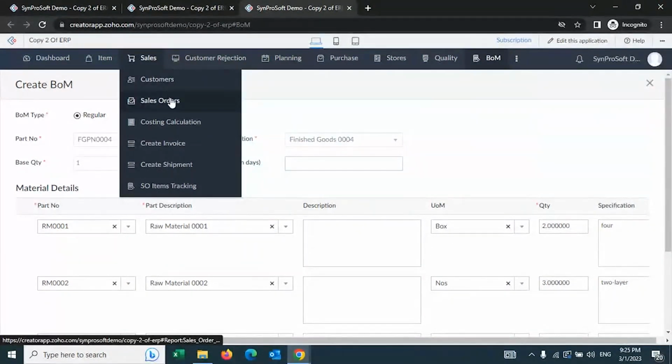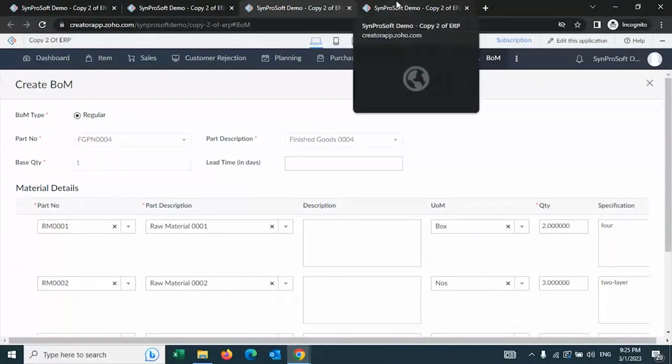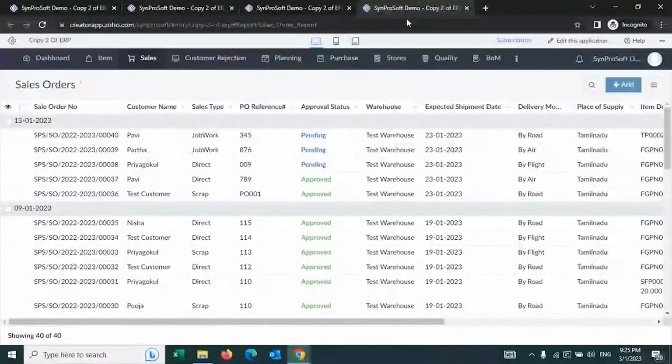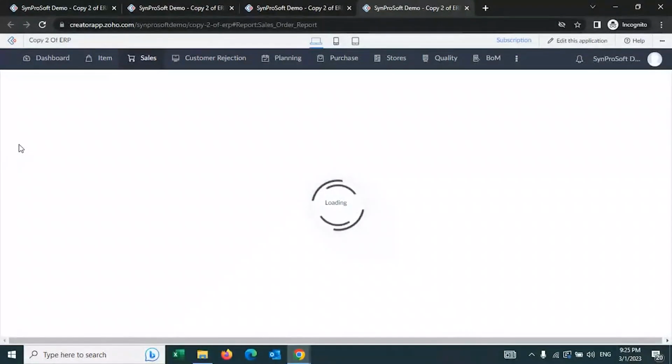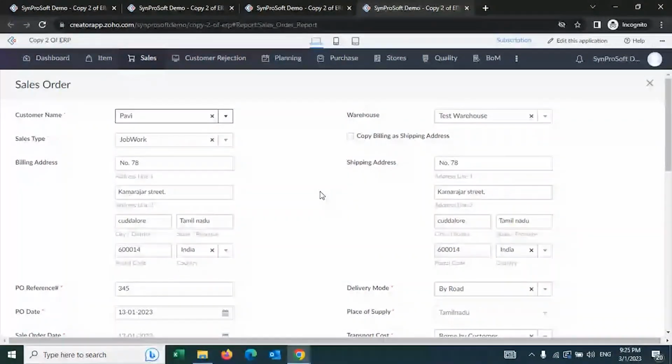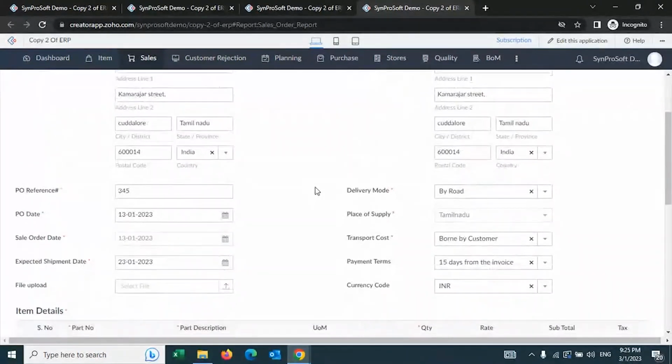Now let me come to sales. Now, as I told you, there are two ways in which you can manage your sales process. One is using CRM and the other one is using ERP itself. If you do not want to follow a CRM and you want to create a sale order here, you have the option to do that. Your entire sale order can be created here, or it can be integrated from CRM to ERP, from where the data can be brought in here.